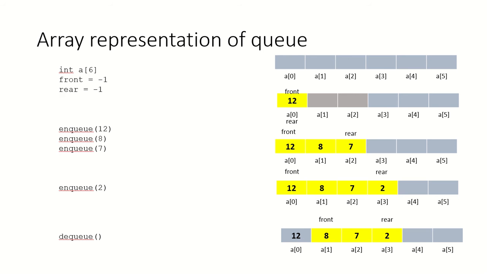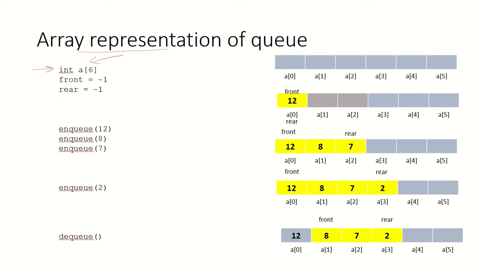How can we use arrays for implementing a queue? So in this lecture, we are going to study the array representation of a queue. Here I have declared an array of 6 elements and of type int. That means I am going to store integers in this queue, and the maximum size of this queue is 6. I cannot store more than 6 elements, as an array results only in a static memory allocation.